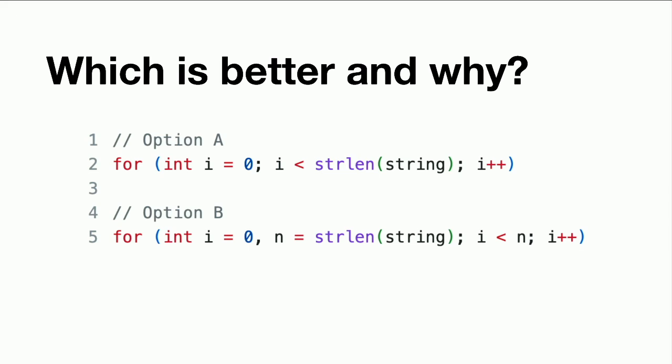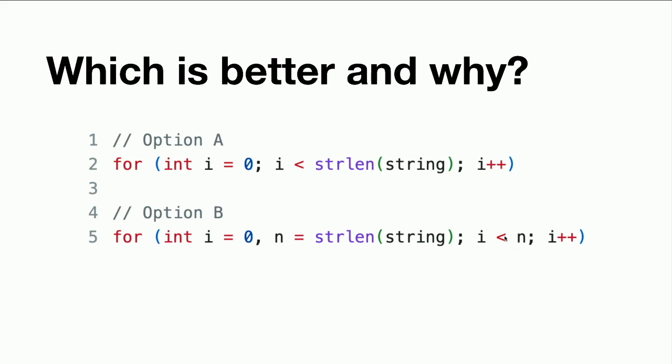Yeah, so I'm seeing people are saying the second option, option B, is better. Someone says A. Yeah, so the difference here we can see is that in option A, in this conditional check, we're checking is I less than the length of some string. Option B, we're declaring this length of the string as n, and then the conditional check is I is